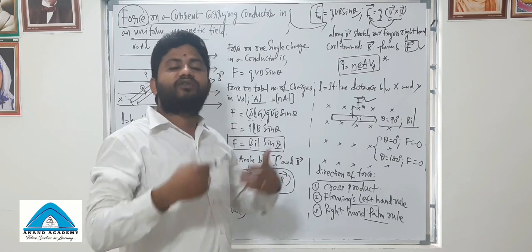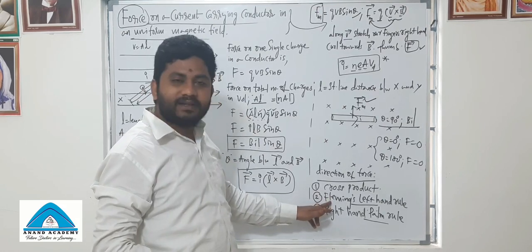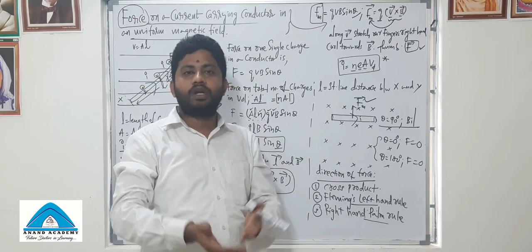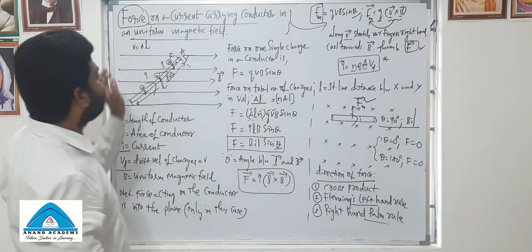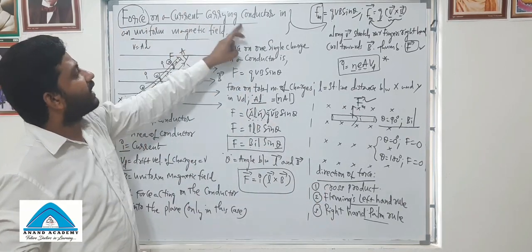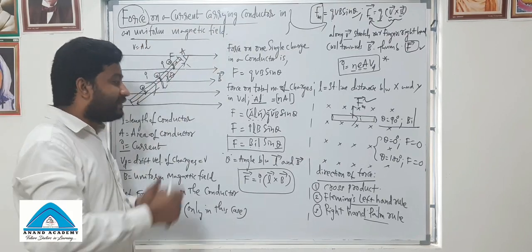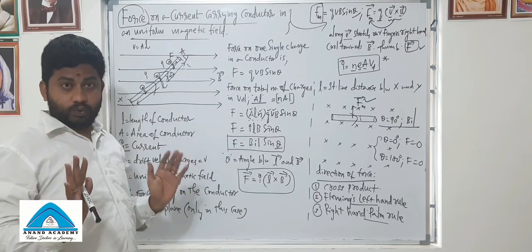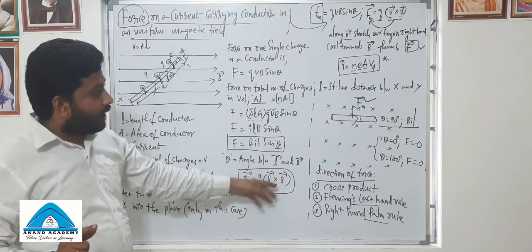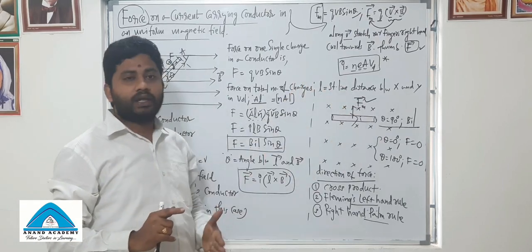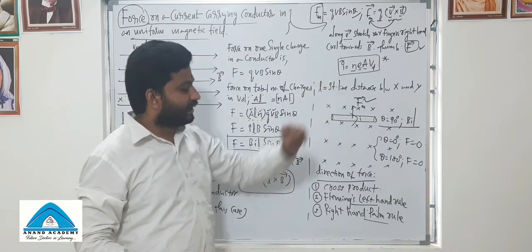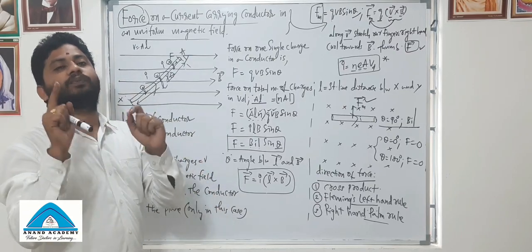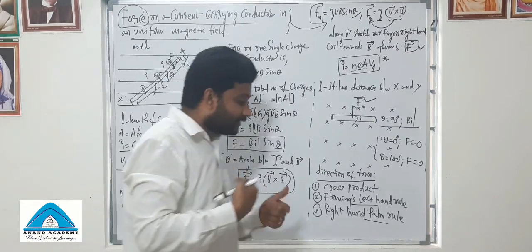Okay. So if you forget your cross product, Fleming's left hand and right hand palm rule, you just recollect it, practice as maximum as possible. You could do that. Now, this is the basic understanding of force on a current carrying conductor in a uniform magnetic field, and this is a very important derivation for your board exam also. And the directions and maximum value, minimum value, the relation between drift velocity and electric current, including its vector forms, will be useful from your NEET point of view while solving the objective questions.